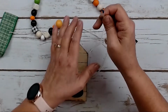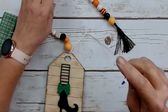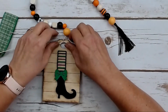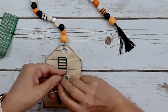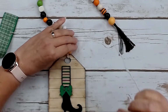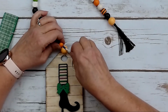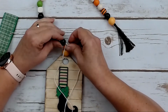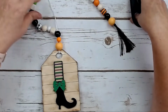Once you have it all strung, then we are just going to take that excess and we're going to feed it through the hole in the tag and wrap it around a couple of times. And then once we have it wrapped around in that hole at least twice to give it that extra strength, then you're going to just feed your toothpick back up through about 3 of those beads, and you're going to cut off, so you probably have like maybe just 8 inches excess,